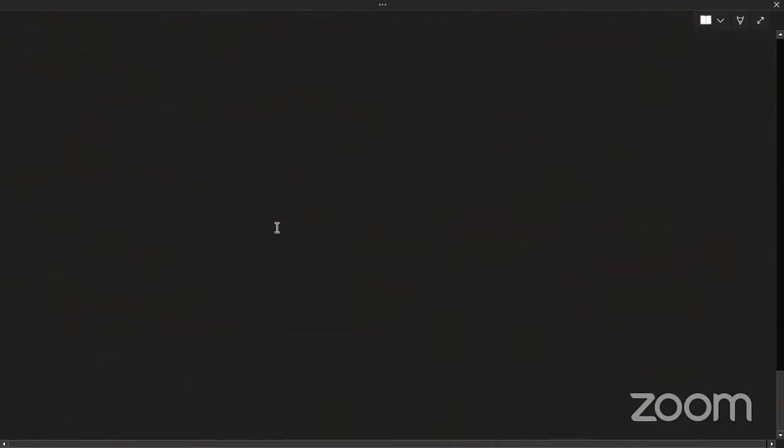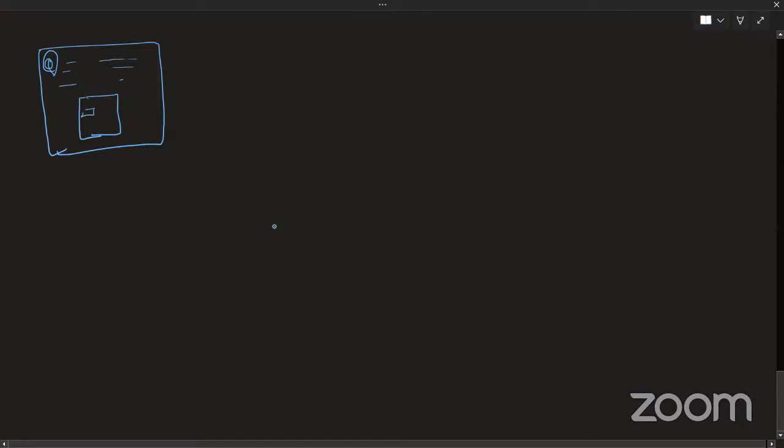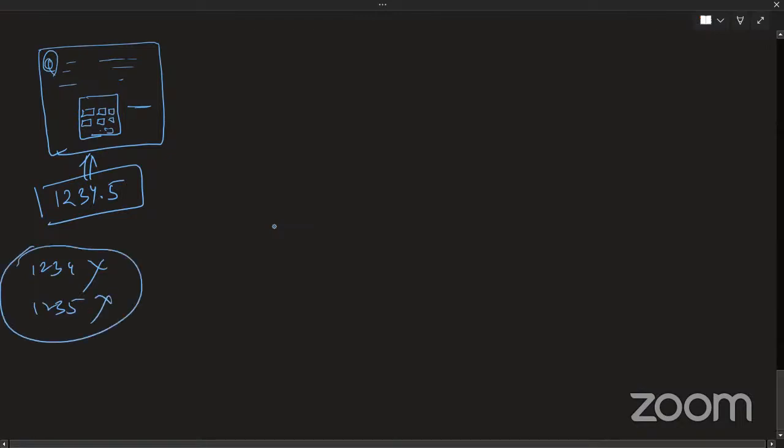I'll just tell you how these questions are asked. Basically, they have the question on the top. If this is your screen, they have the question written over here. Then they give you a numerical notepad. It has the 9 digits and a decimal dot also. So you have to input the answer in numerical form. If the answer is 1, 2, 3, 4.5, this is what you have to write there. So 1, 2, 3, 4 is also wrong, 1, 2, 3, 5 is also wrong, only 1, 2, 3, 4.5 is correct.